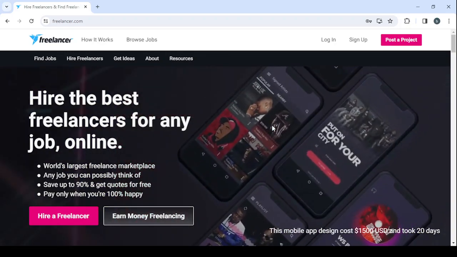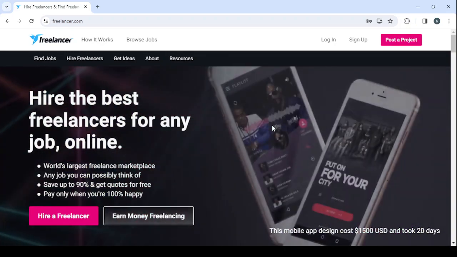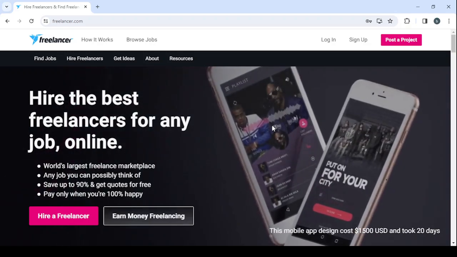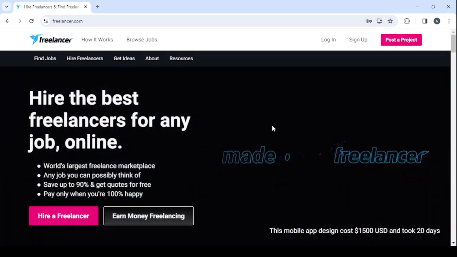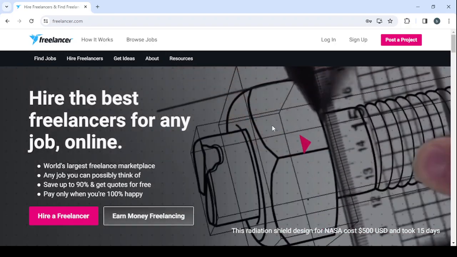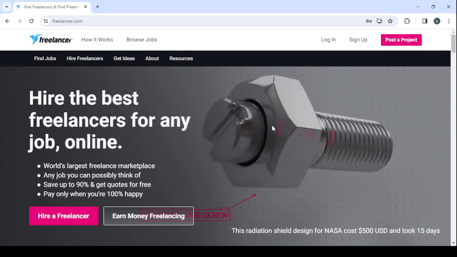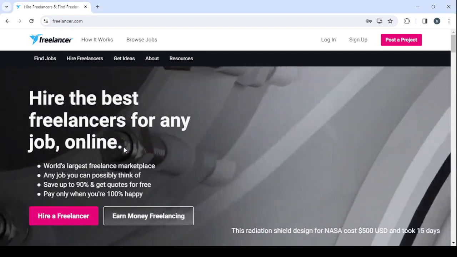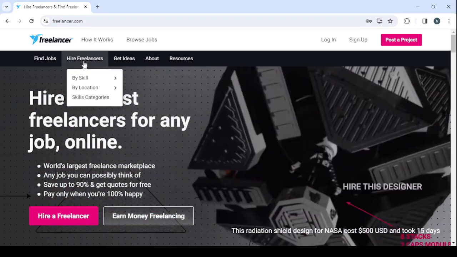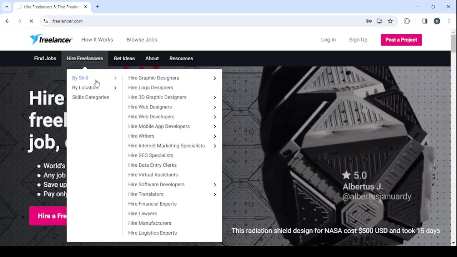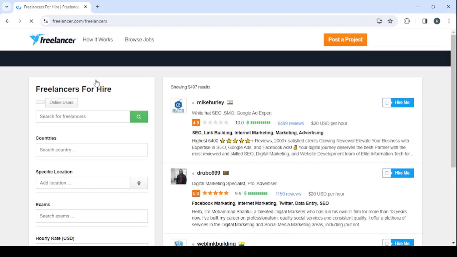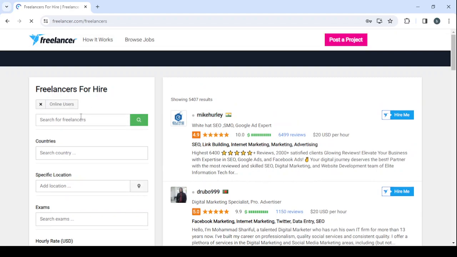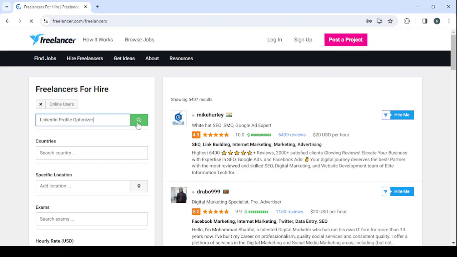So guys, freelancer.com is a platform where you can create your own profile in order to showcase your skills to the business owners or the visitors of this platform. So for example, if I was a business owner or a visitor coming to this platform to find a LinkedIn profile optimizer, I will just go to hire freelancers in here. Then I'm going to click on by skill. So here I'm going to search for freelancers by the skill. So here LinkedIn profile optimizer. Then I'm going to click on search